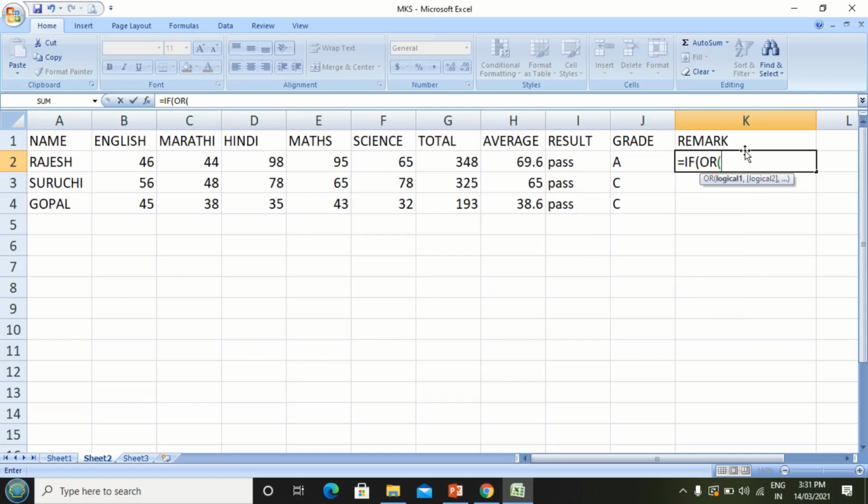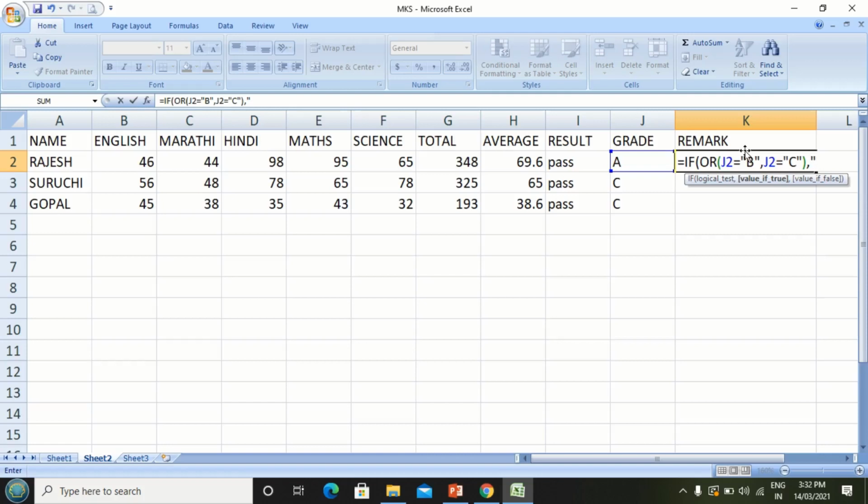We are putting J2 equal to B, and second condition J2 equal to C, close bracket.